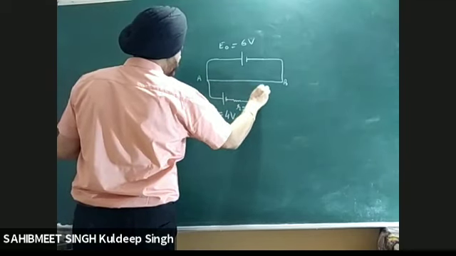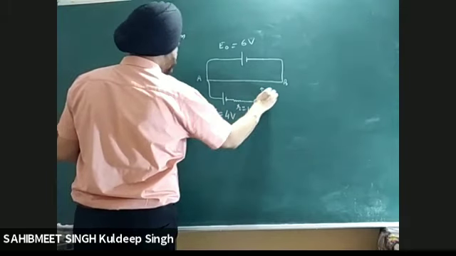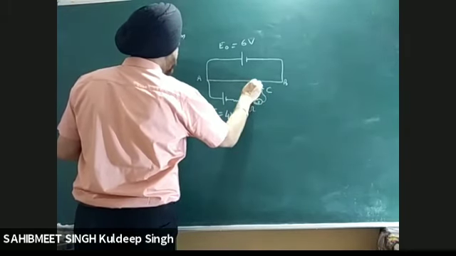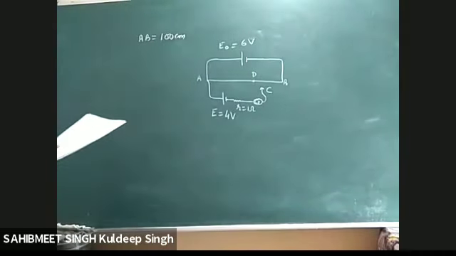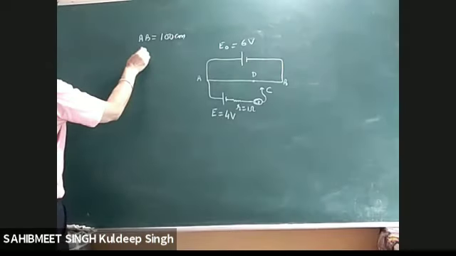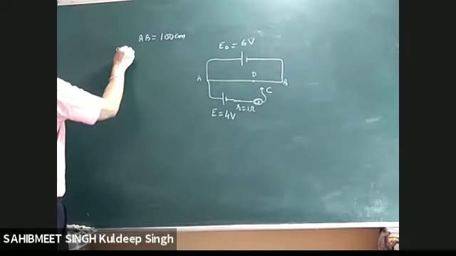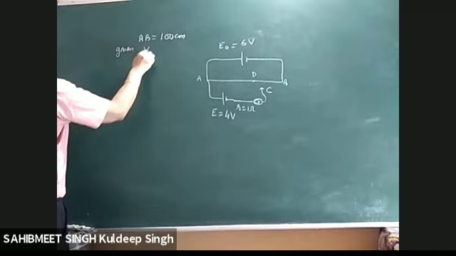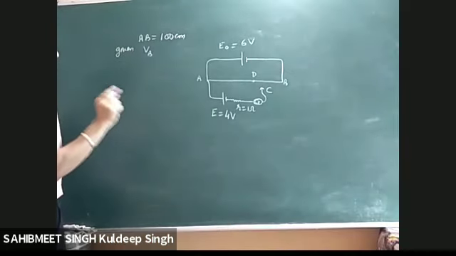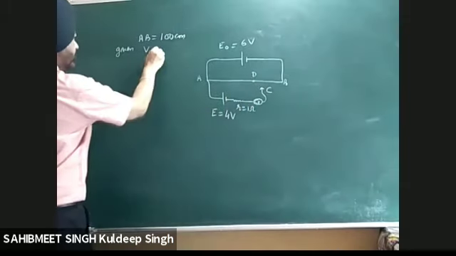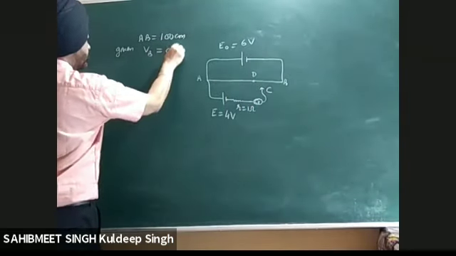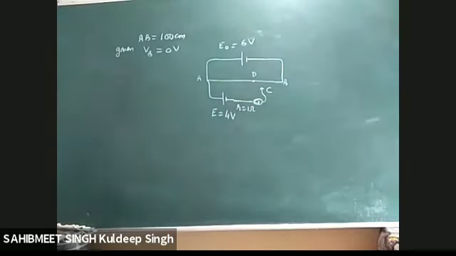Galvanometer, and there is a point C and a point D on the wire. Everything is given, and also given is the potential of point B. Very important point you have to remember. This potential is mentioned in the numerical. This is equal to 0. Don't miss it. 0 volt.